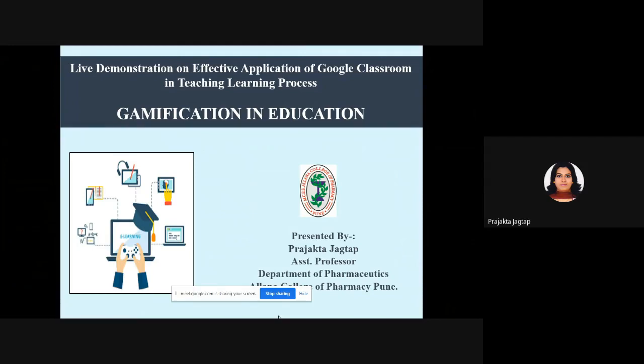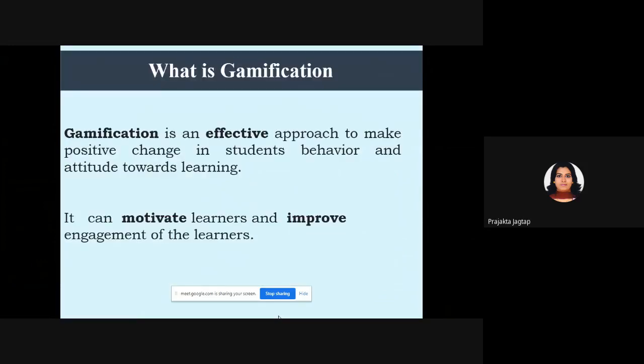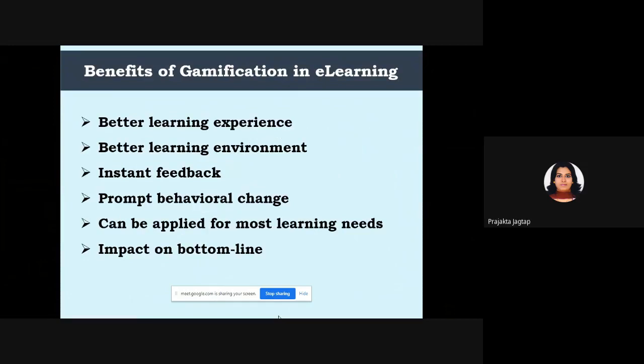Today, I would like to share some information on gamification in education. Gamification within the classroom is not about playing games in Google Classroom, but about finding a way to motivate students to accomplish learning outcomes. Here are the benefits of gamification in e-learning.